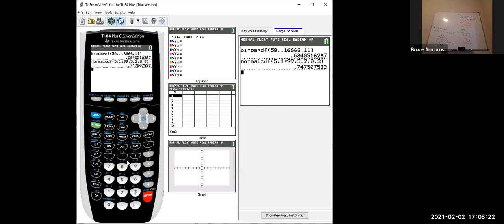All right, so here's how the normal CDF works. It's super easy. It's just a matter of putting in your lower bound and your upper bound, and you can standardize it or not. You just have to put in your proper mean and standard deviation. All right, so that's cool. But